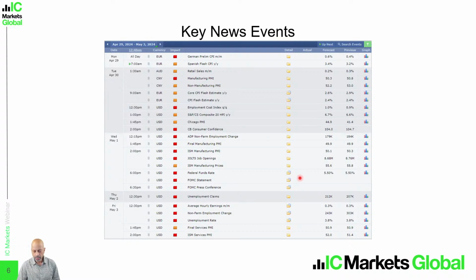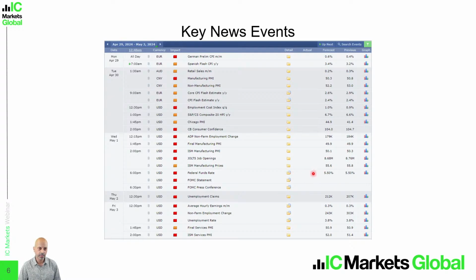Remember, at the beginning of the year, markets were pricing in about 7 rate cuts for this year. However, seeing how sticky and persistent inflation has been in the first quarter of 2024, this anticipation of 7 rate cuts has now, if I'm not mistaken, been reduced to 3, and it's quite likely going to occur in the second half of this year. So with rate cuts being pushed back, demand for the dollar has returned, and we've seen the dollar index and bond yields surge pretty high this year as well.